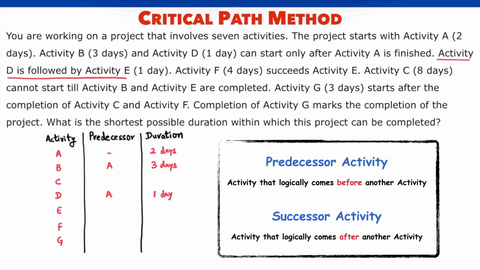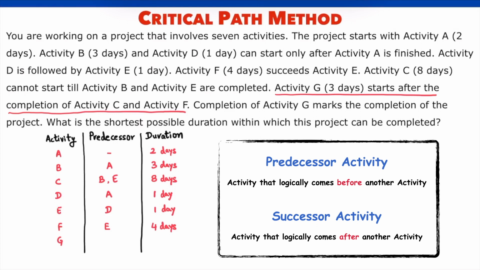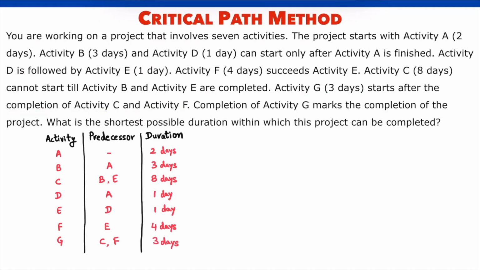Predecessor of activity E is activity D. Duration is 1 day. For activity F, predecessor is activity E and duration is 4 days. Both B and E are predecessors of activity C. Duration of C is 8 days. Similarly, for G, predecessors are activity C and activity F. Duration is 3 days. A table is definitely easier to understand, but we still have another better approach: schedule network